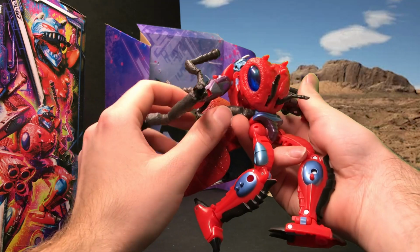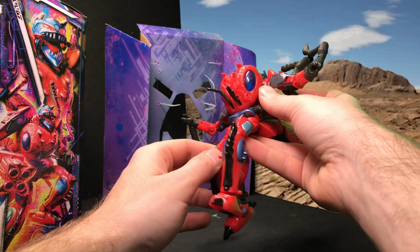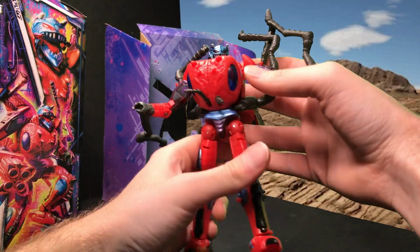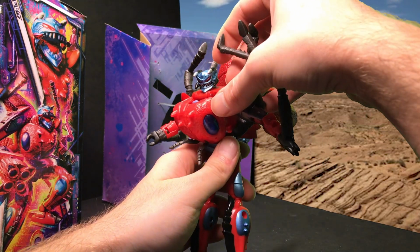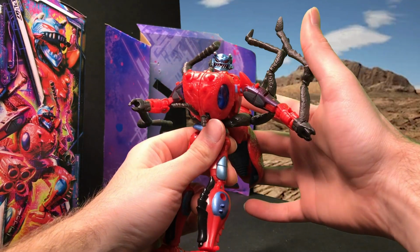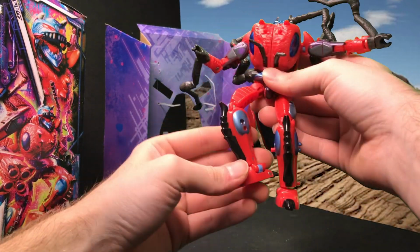That's neat. I really dig how they use this really clear, shiny blue plastic for the eyes. It really gives a lot of life to it. And it's got the light piping too. And I think his head also has the light piping, which is nice. I wonder if I can get an angle here from the light. Maybe. But that looks so cool. I love this shiny chrome. You know me, I'm a sucker for the chrome on these